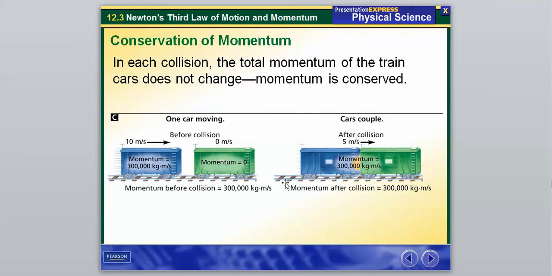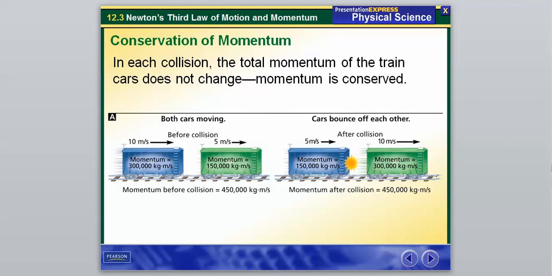So momentum is always conserved when we're in a closed system, when there's no other forces acting upon it, and that really directly applies to Newton's third law when it talks about equal and opposite forces being exerted on one another. This is a perfect example right here. Momentum in a closed system is basically the perfect illustration of Newton's third law.